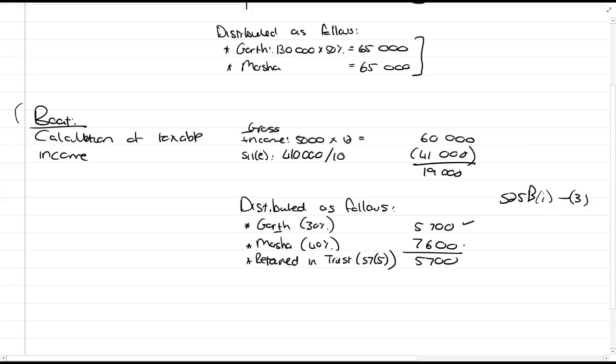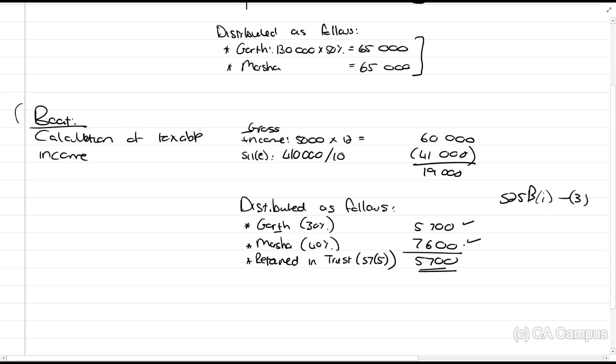And then the last bit, the amount retained in the trust. Was there a donation, is the donor still alive? When an amount is retained in the trust, the only person that can be taxed on it is either the trust or the donor. The donor is taxed if no one else can be taxed on it. So let me rephrase it. When an amount is left in the trust, that amount either belongs to someone and they just haven't received the money yet. For example, if I say my child must receive it, but only when they're 21. If they die before, it pays into the estate, but otherwise you wait until you actually transfer the money. The child will still be taxed on it if they have a vested right, unless, again, Section 7 overrides it.